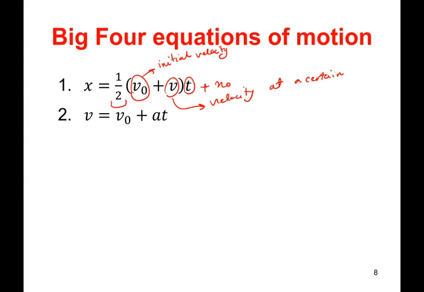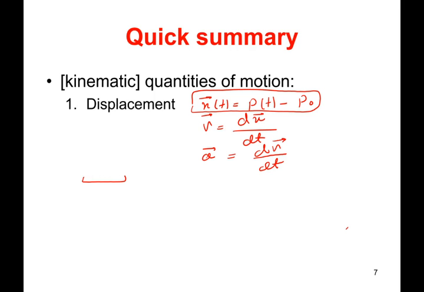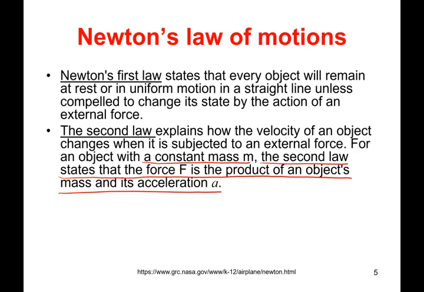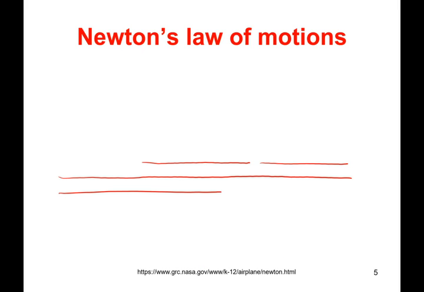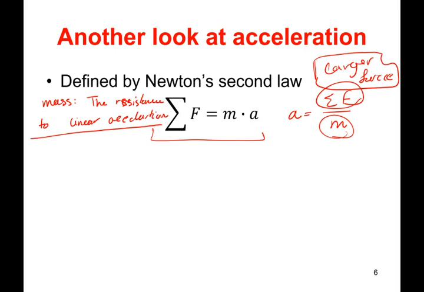Second equation relates the velocity to the acceleration and time. So your velocity after a certain time is your initial velocity plus the acceleration multiplied by time. And then for acceleration, we can double integrate the definition of acceleration, which we had here way back. The definition of acceleration, which we had here. We can double integrate this, okay, and get to